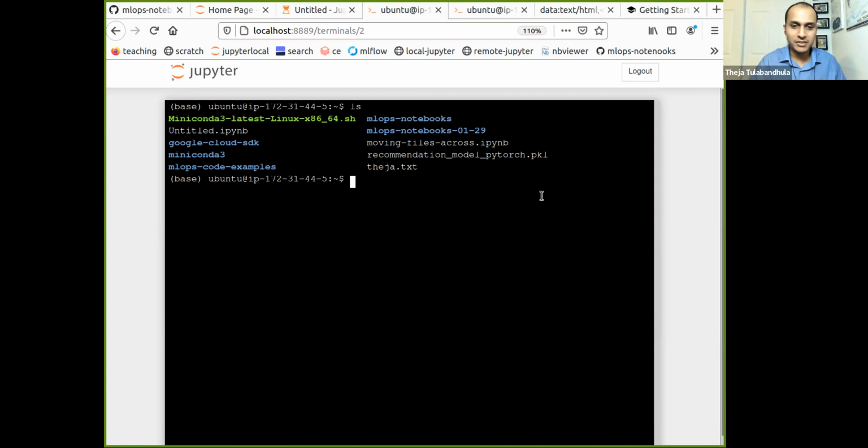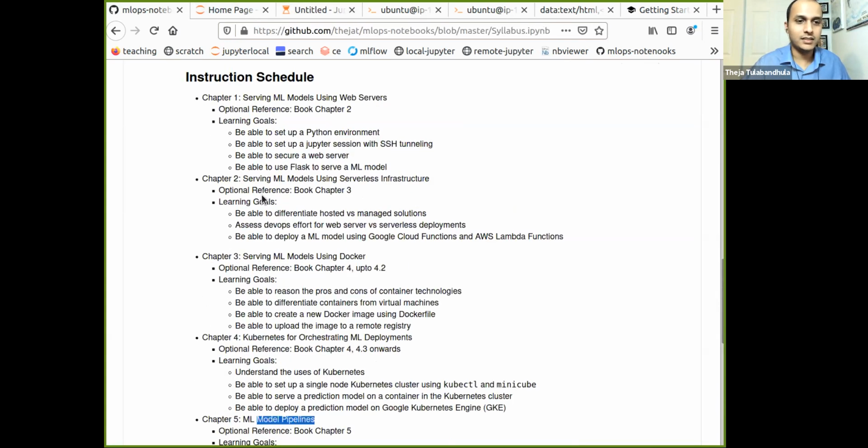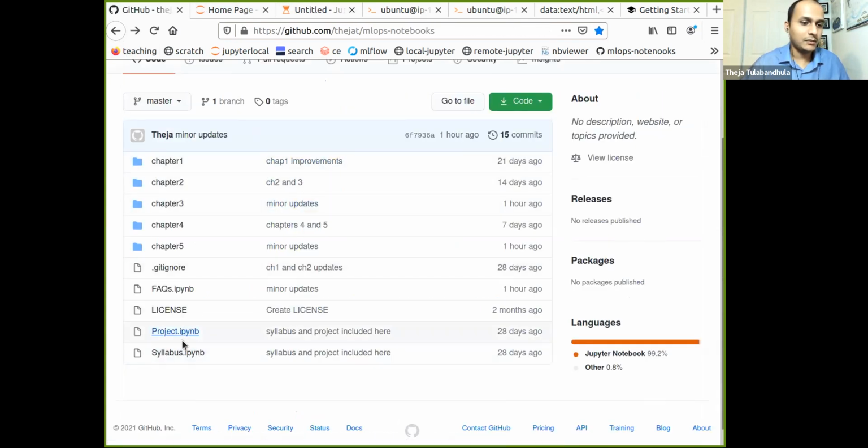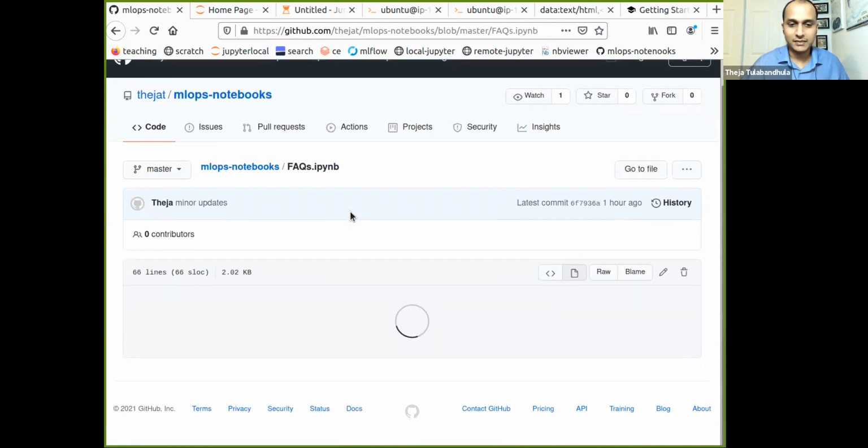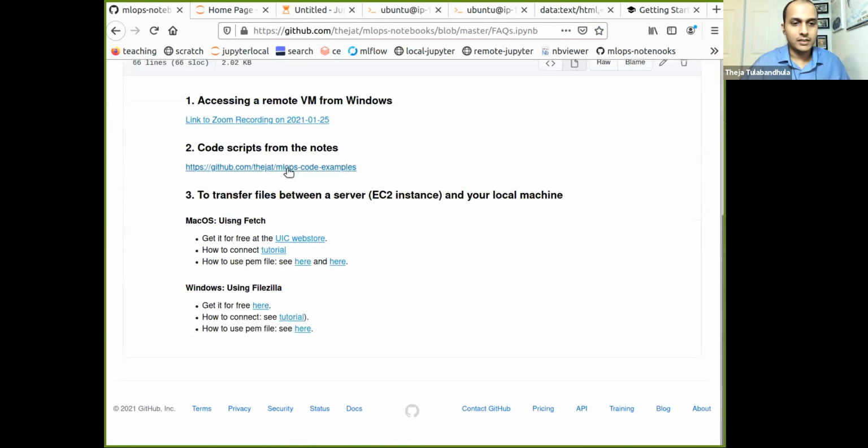Very similar to a couple of sessions ago, where I showed how to do this. So let's actually move the MLOps notebooks to MLOps, I'll just give it 0 to 12. I'll move that and then git clone from our repository. You don't have to do this, but it's just an easy way. Okay, so this is the link.